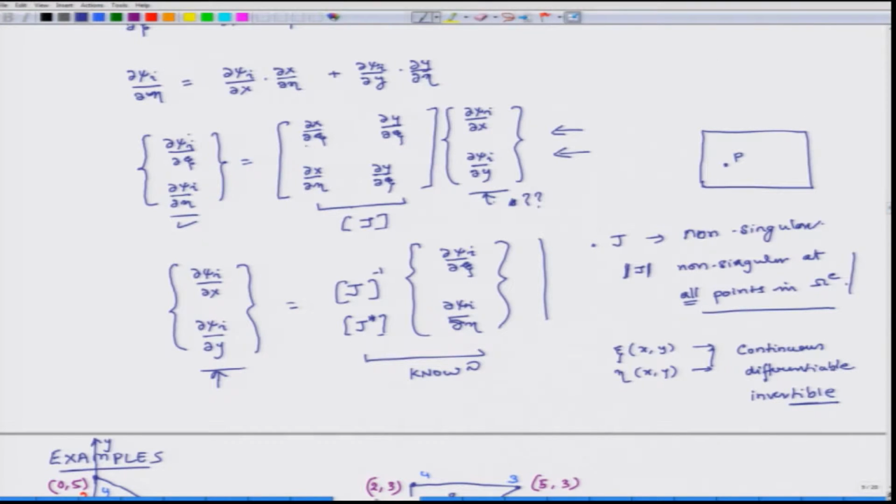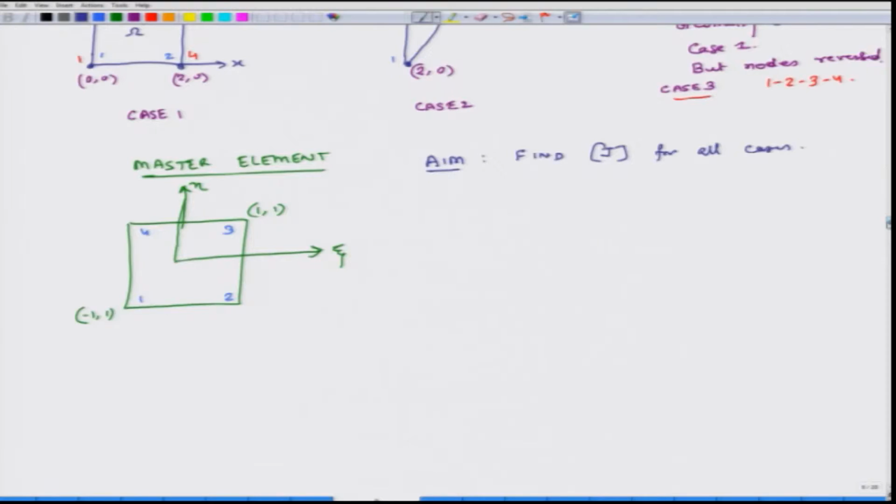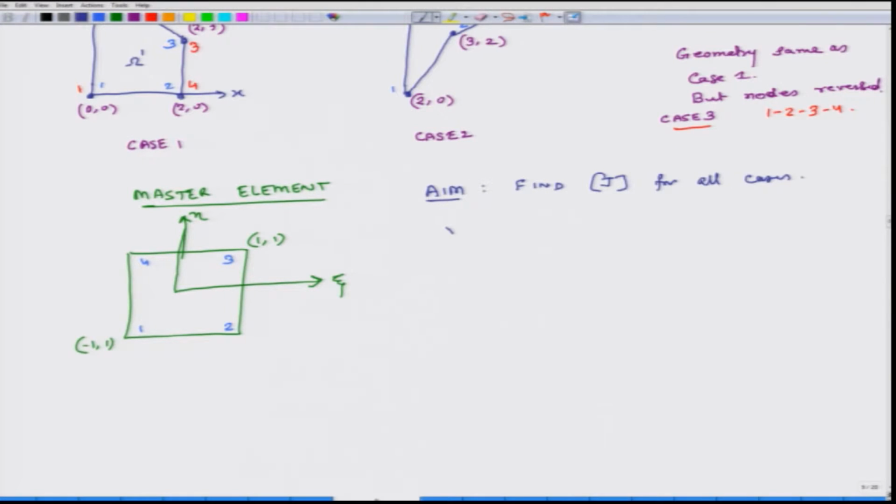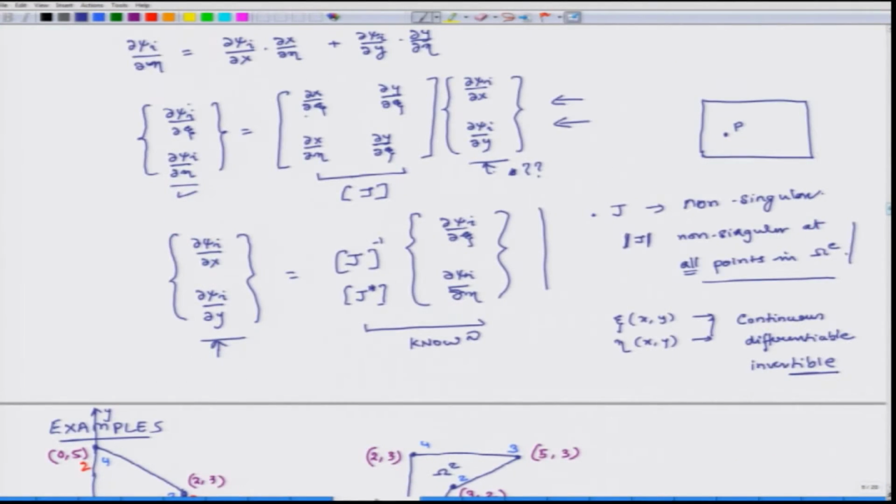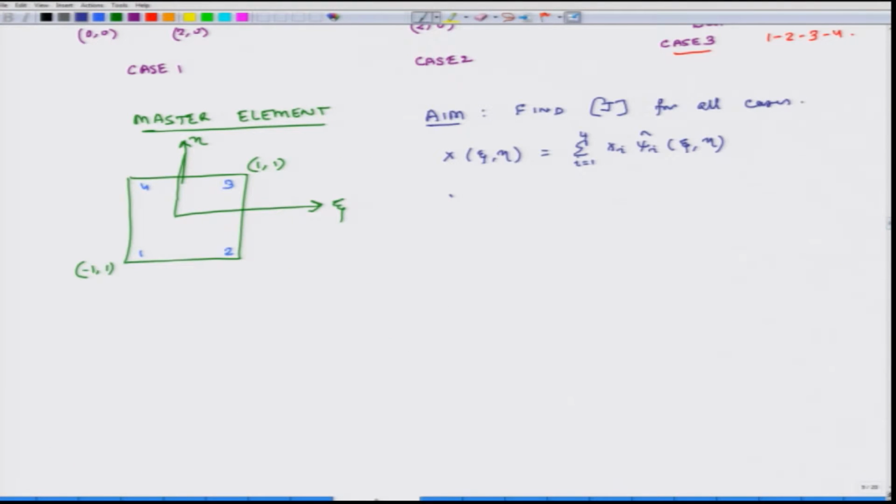Okay. So, to find J, what do we have to do? We have to find these parameters del x over del zeta, del y over del zeta, right. So, what does that mean? I have x. This is the expression we had developed earlier, right? If I know this expression, then I can compute all those derivatives in the J matrix. In this matrix, I can compute all those derivatives. And